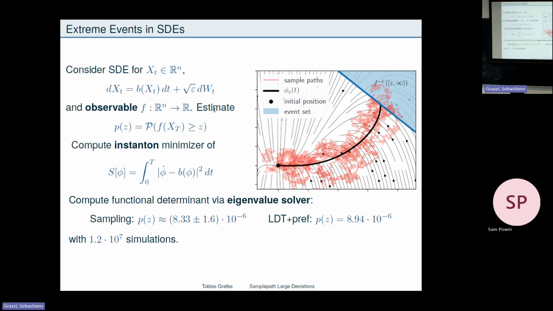So what I want you to understand is that there is no fitting left. All that I need to do is solve an optimization problem and solve a determinant problem, or maybe solve a Riccati equation, and I get out a single number that is predictive of the rare event probability for any epsilon, including the epsilon that I choose. It would be better for smaller epsilon. It's rigorously true for epsilon to 0, with everything, not just the scaling, but it's applicable to not so small epsilon well enough.